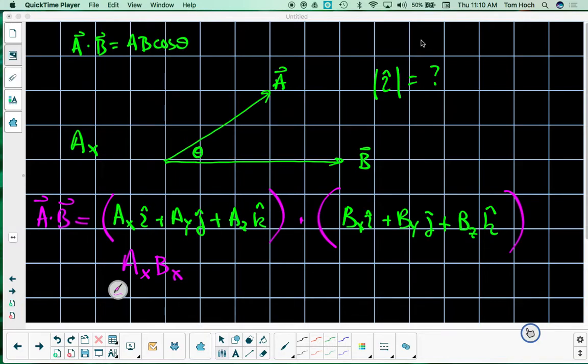What's A_x i-hat dotted into B_y j-hat? What do you get? 0. Who said that? How do you know it's 0? Because they're perpendicular. They don't project. There's no projection of A onto B. So that term is 0. What's this term? A_x i-hat dotted into B_z k-hat. 0. These three vectors are orthogonal, right? They keep going. You get another term here, right? This one produces a term. What is it? Plus A_y B_y. And the only other term that's going to survive is A_z